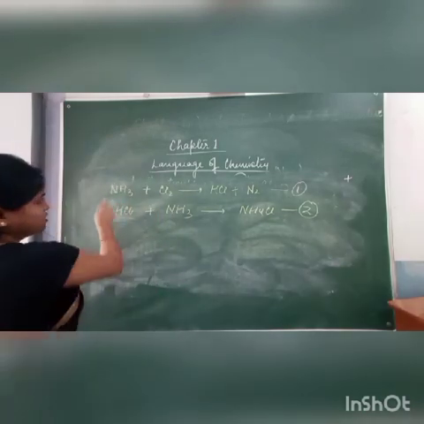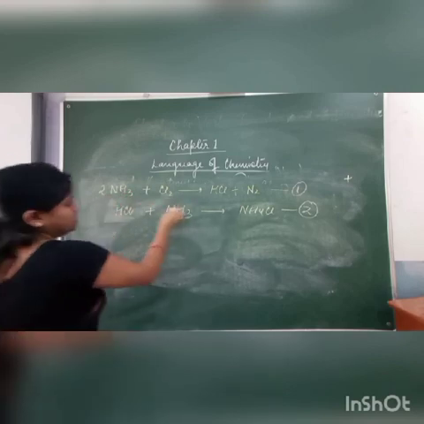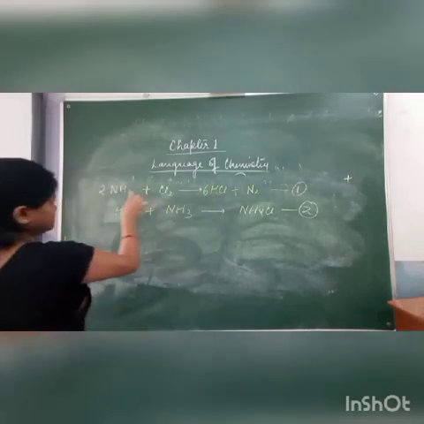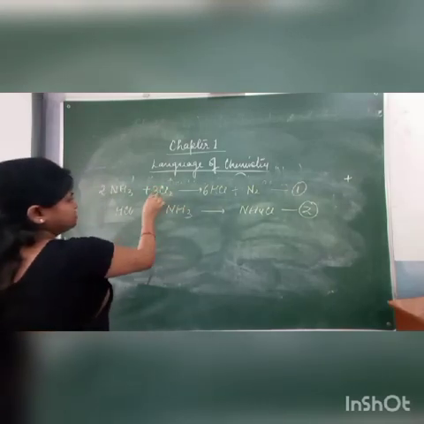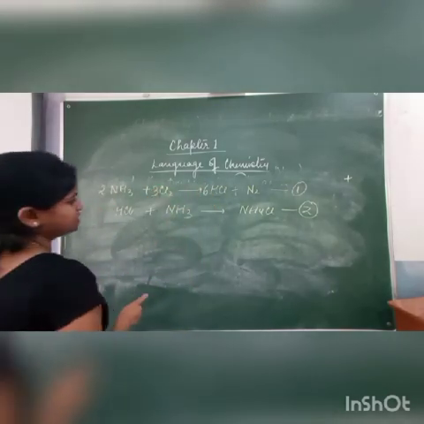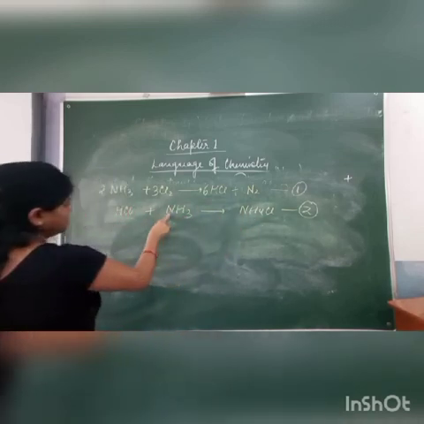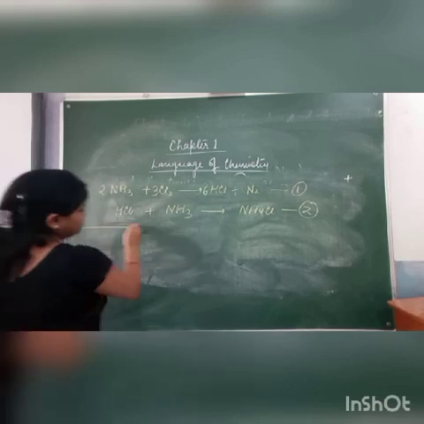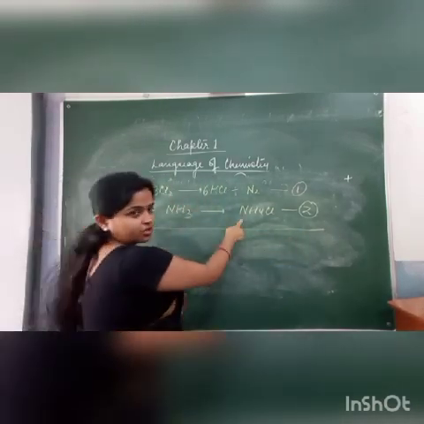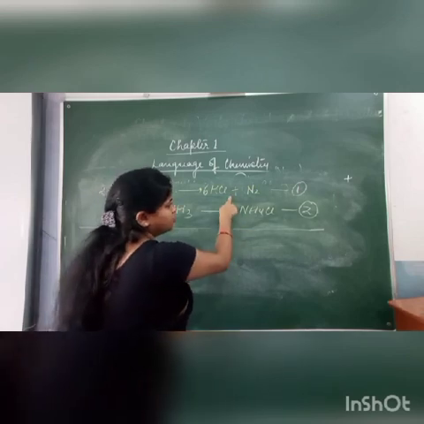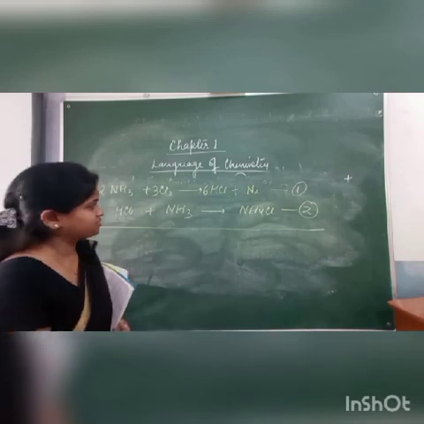Now you see here nitrogen is 2. If I write 2 here, nitrogen is balanced. Now H6, N2, Cl2, first equation is balanced. Second: H4, N1, Cl1. Now what will we do? We will just cancel one reactant against the other product and the other product against the other reactant. Okay? Means crisscross we will cancel it.